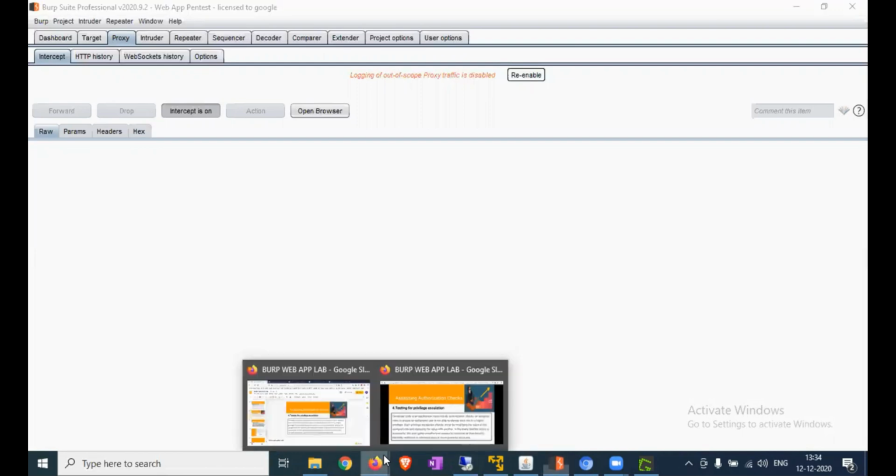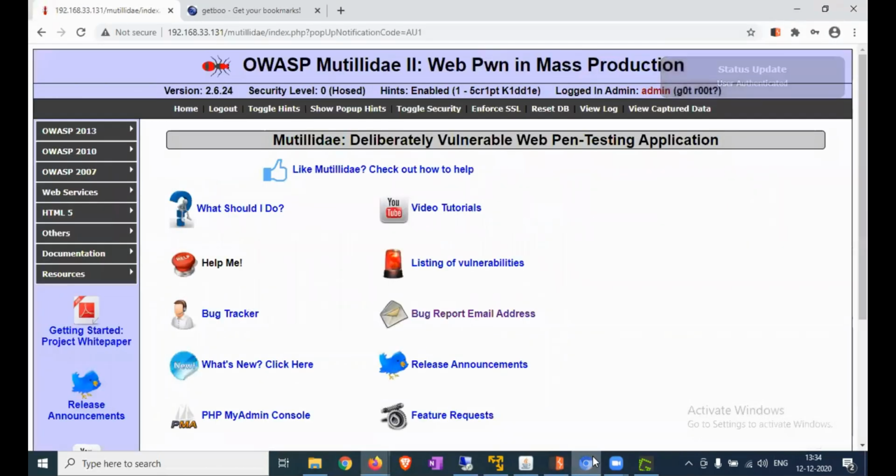So let's check the page. After intercepting and modifying the request, we are able to log in as an admin. There are server application issues associated with privilege escalation. Any action related to account provisioning, for example role assignment, should only be allowed by an administrator.